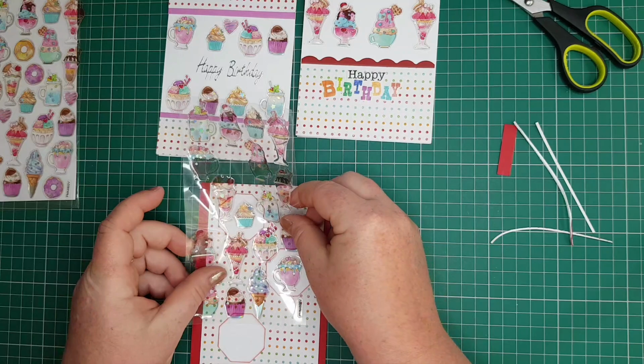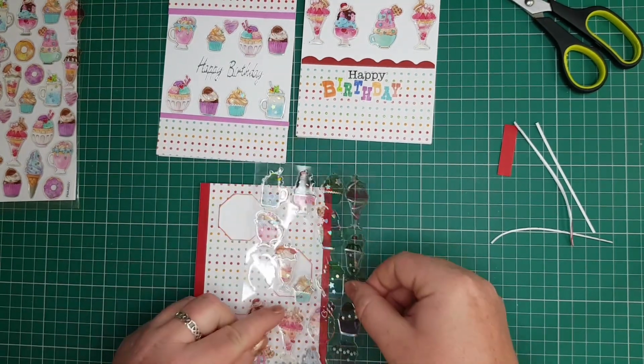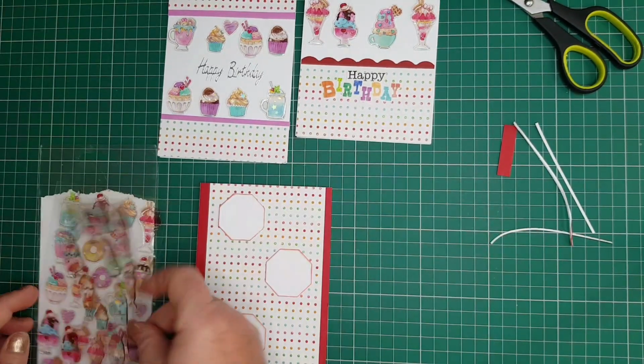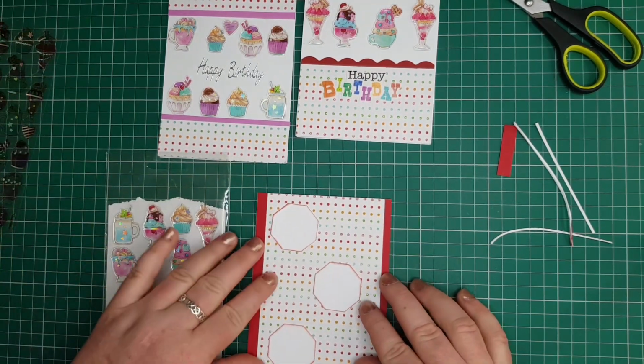Cone, nope, too much. Oh, this cup is cool and this cup is cool. Shall I have one long one? How many long ones do I have? See, that's why it's so hard to see what you have, what you don't have. Okay, so